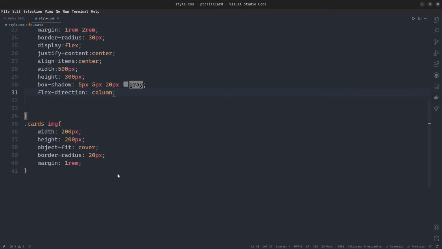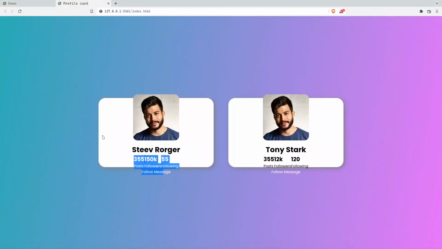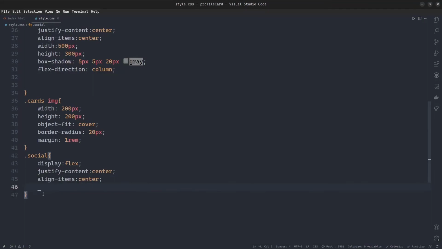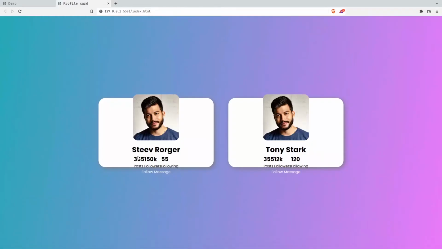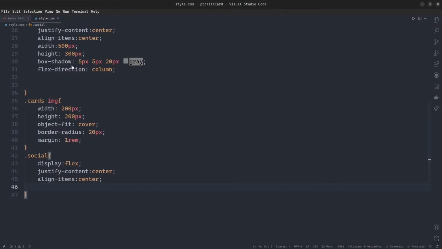So first let's target the social, and inside the social I'm adding a flex, जिससे क्या होगा वो सब के सब एक रो में आ जाएंगे। यहाँ पर आप देख सकते हैं सब एक रो के अंदर आ चुके हैं। ठीक है, अब मैं क्या करूँगा, सबसे पहले इनके बीच का जो थोड़ा सा डिफरेंस क्रिएट करूँगा, यहाँ पर देख सकते हो।